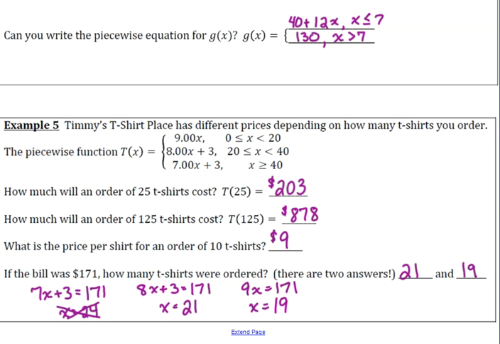Or it could have been an order of 21 t-shirts, but they only cost $8 a piece, but apparently we have this flat fee of 3 for some reason. Okay, so it is possible for these piecewise functions to give multiple answers. Sometimes, depends on the conditions. All right, any